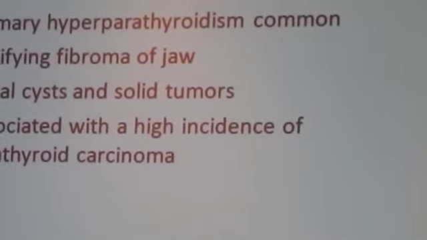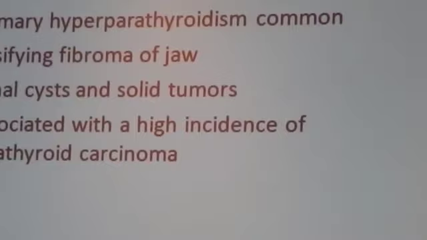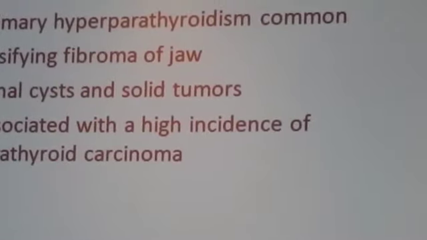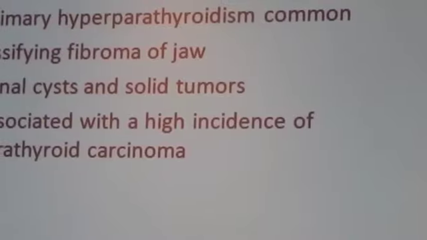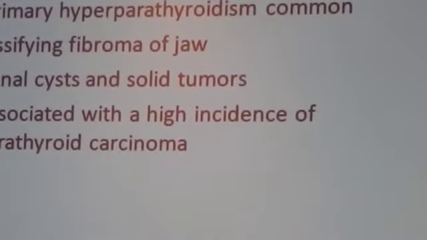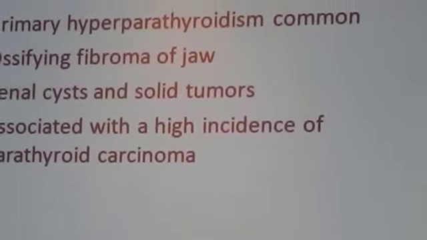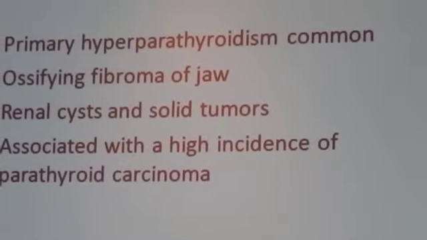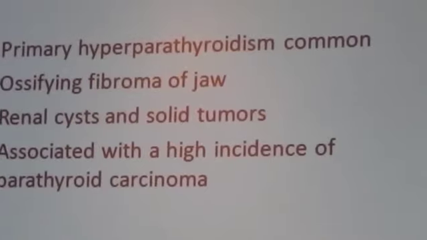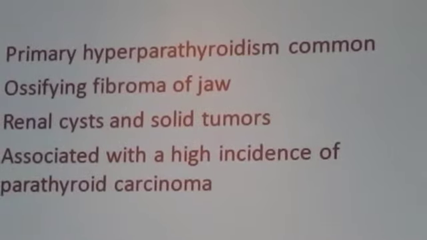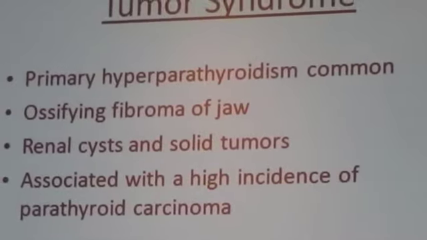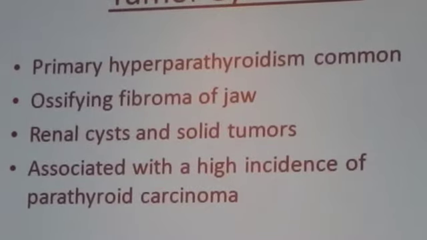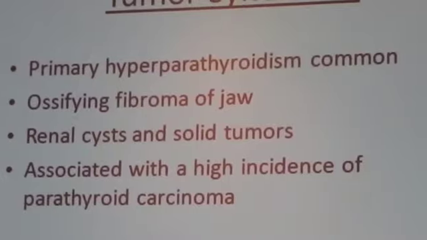Sometimes early on, but sometimes later, they may have fibromas of the jaw developing as a feature, and cysts in the kidneys. In this rare condition, there is often a high incidence of parathyroid carcinomas. About 20% of patients with the syndrome that have parathyroid abnormalities would have carcinomas. So in our differential, you should usually be thinking more about malignancy in these cases, whereas in MEN1 they're usually benign lesions